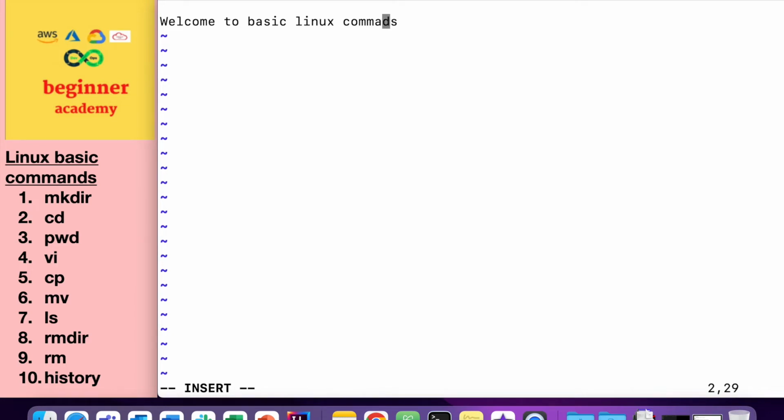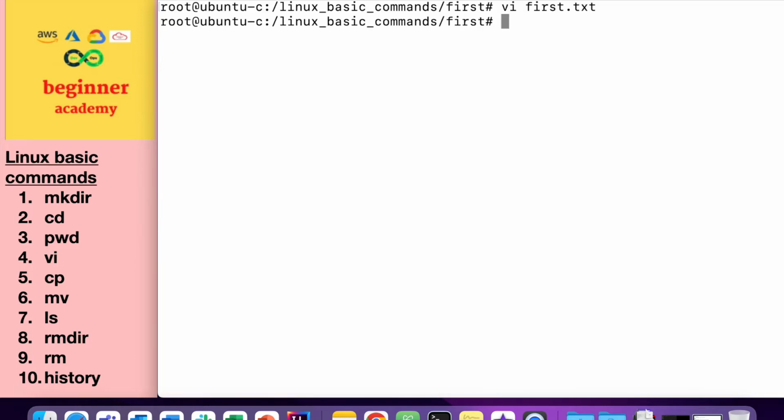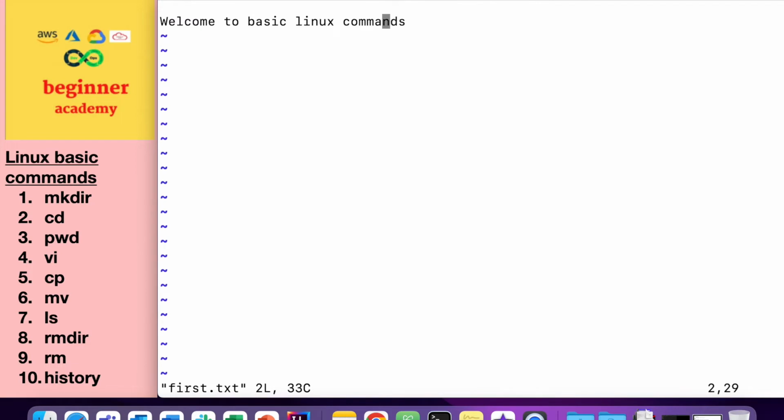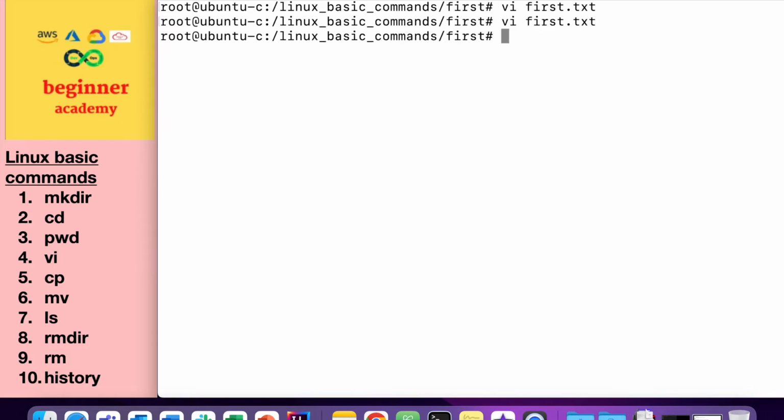basic Linux commands. In order to save it, press escape on your keyboard and then colon, w for write, q for quit, the editor, and an exclamation mark. This will create the file and add the data into that. In order to see it again, type vi and the file name again. Now if you wanted to just quit, just type escape, colon, followed by q for quit and an exclamation mark. In this way you can create a file using